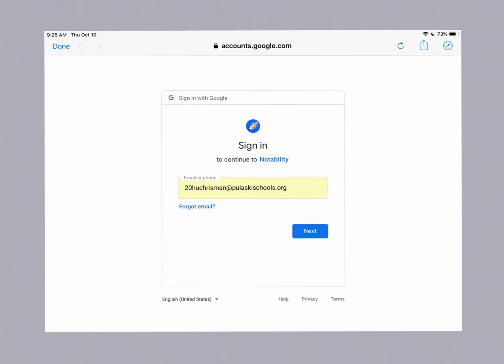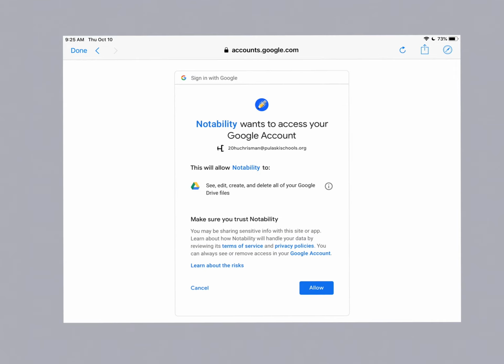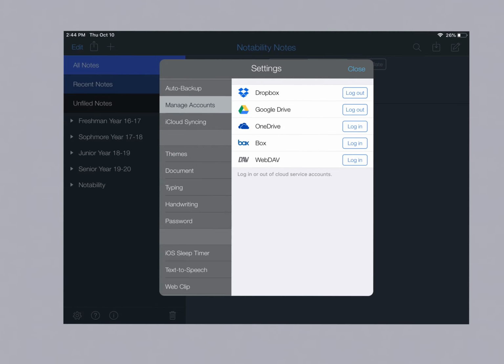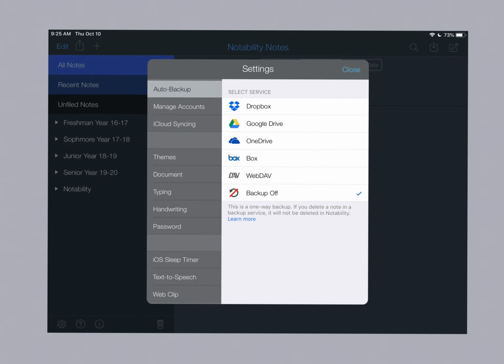You'll proceed to enter your Google account, and after hitting next, you'll be taken to the step asking to allow Notability access to your Google files. You'll hit allow, and it'll return you to the settings tab, and it should say log out for Google Drive or whatever account you chose. If so, click auto backup,